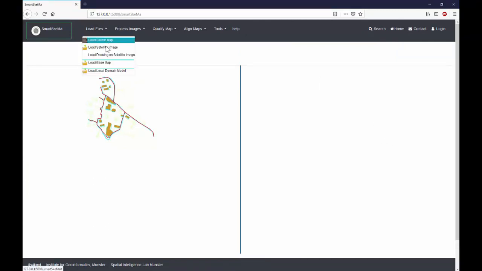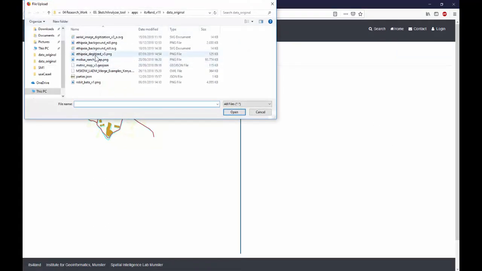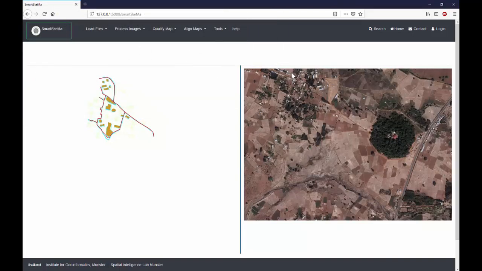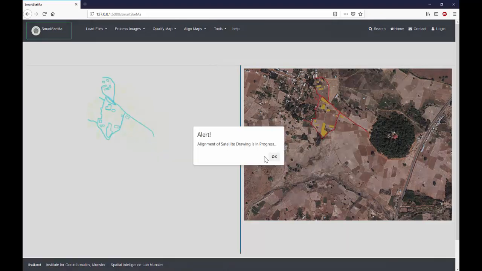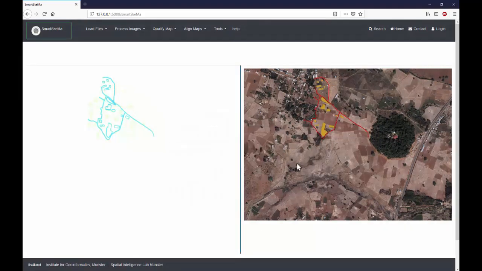Go to Load Files, select Load Base Map, select the image, and then it will be loaded on the right panel as before. Now you can simply select Align Maps and go to Align Satellite Drawing. This will overlay the satellite drawing on your satellite image, and now you can interact with the information in the